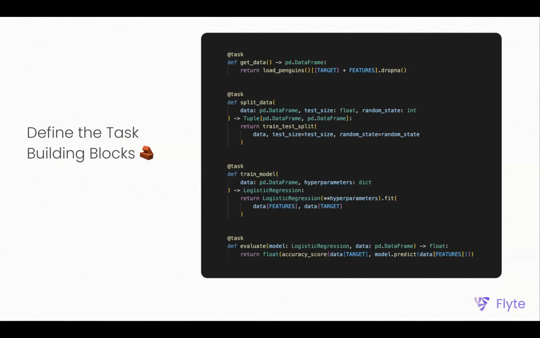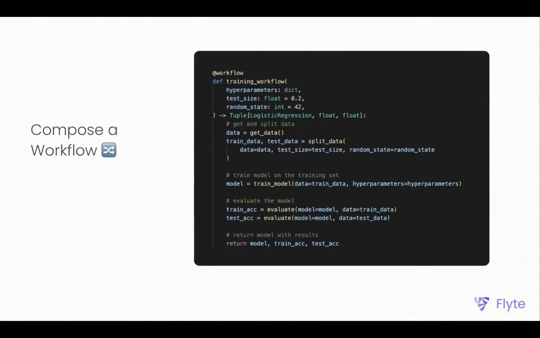The @task decorator does a bunch of stuff under the hood, but at a high level, you can think of it as letting Flyte know that these are task abstractions. And yeah, this is a pretty cookie cutter pipeline, right? I'm getting the data, I'm splitting it, I'm training a model, and then I'm evaluating the model. We stitch these all together in a workflow. Again, the inputs are type annotated, the output is type annotated. At the end, I'm going to return the model as well as the training and the test accuracy. I'll let you stare at this for a little bit as I drink water.